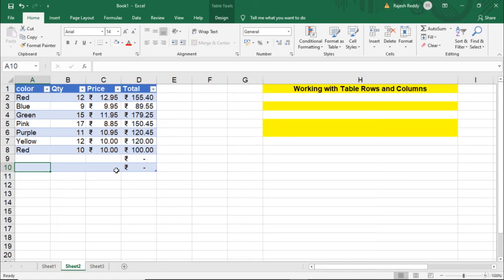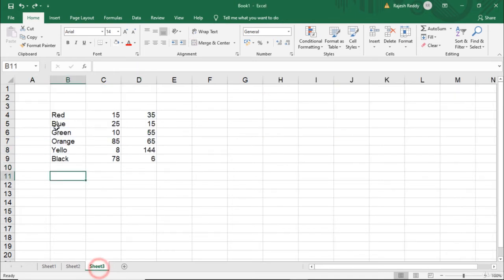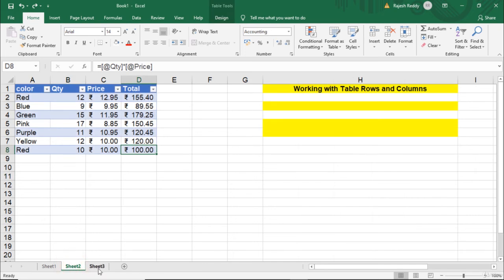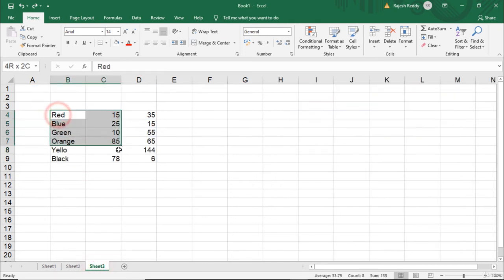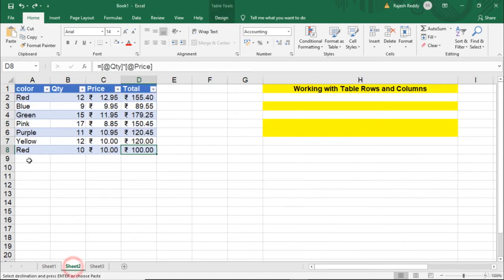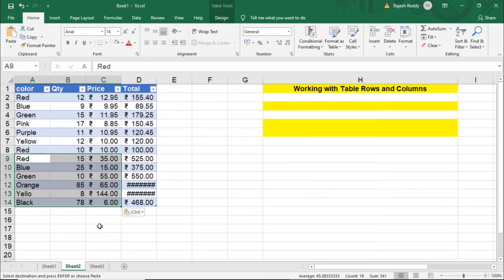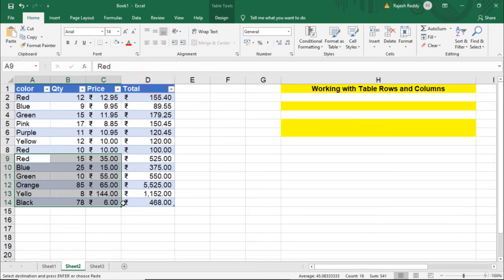And also if you want to add any data to this table, this is also possible. Now I will show you. Okay, so I have this data, I want to add this data to this table. So that's why I'm copying this data, then pasting it over here. See, automatically the table rows get expanded. This is one way to expand table rows